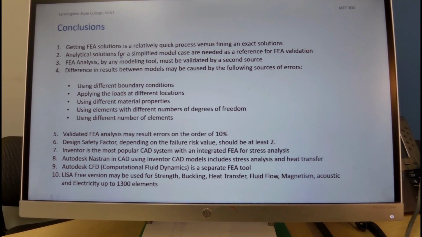Now, analytical solutions are important to use for simplified models and use them as a reference for the finite element analysis validation. Finite element analysis by any modeling tool must be validated by some second source. It's very easy to get pretty pictures with the finite element analysis which are totally wrong. So we want to make sure that we have a simplified model or another independent finite element analysis which is